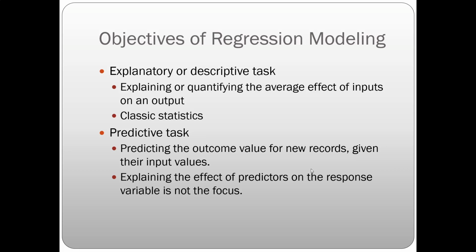So the objectives of regression modeling is explanatory or descriptive in nature. So that's your classical statistics. And data mining, big data mining would be for predictive purposes. And when you predict, there are two ways in which you can use the prediction. Okay? One is to actually predict a y value, and another is to rank. So when ranking is the only thing that you're interested in, you're not particularly interested in the predicted value of y, but in the ordering of the predicted values of y.